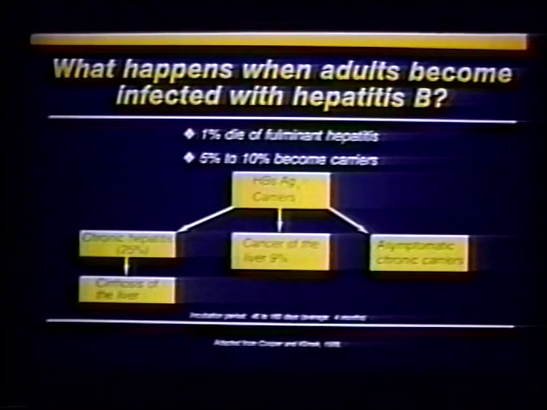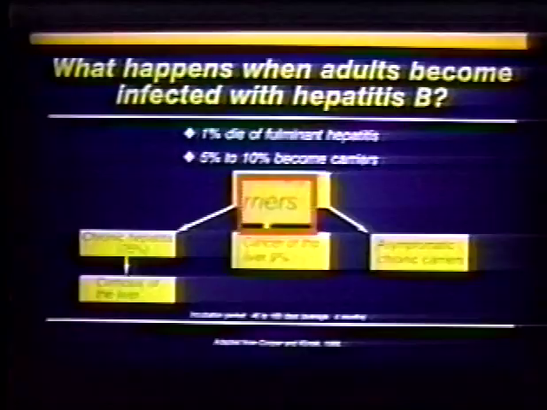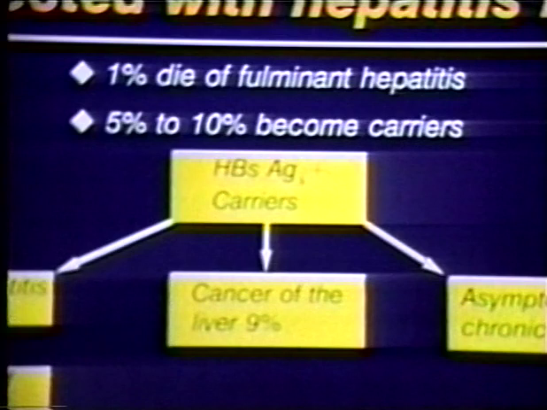So even though they recover, it's still not an easy disease to deal with by any means. About 1% of the people who get hepatitis B infection will die from the initial assault of the infection. The remaining 5 to 10% of people with hepatitis B become what is called a chronic carrier of the hepatitis